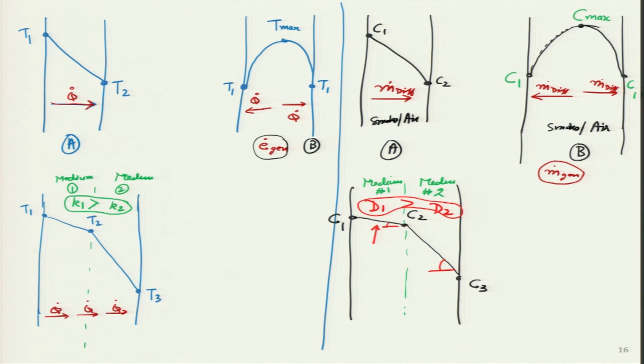Now, we will talk about what parameters mass diffusivity depends upon. Then we will ask the same question in heat transfer, on what material property does the thermal conductivity depend? So, if half of the wall is copper, half of the wall is brick, in copper thermal conductivity is 400, in brick thermal conductivity is maybe 1 or 2 watts per meter Kelvin, maybe 5. So, what is causing this 80 times or maybe 70 times difference?